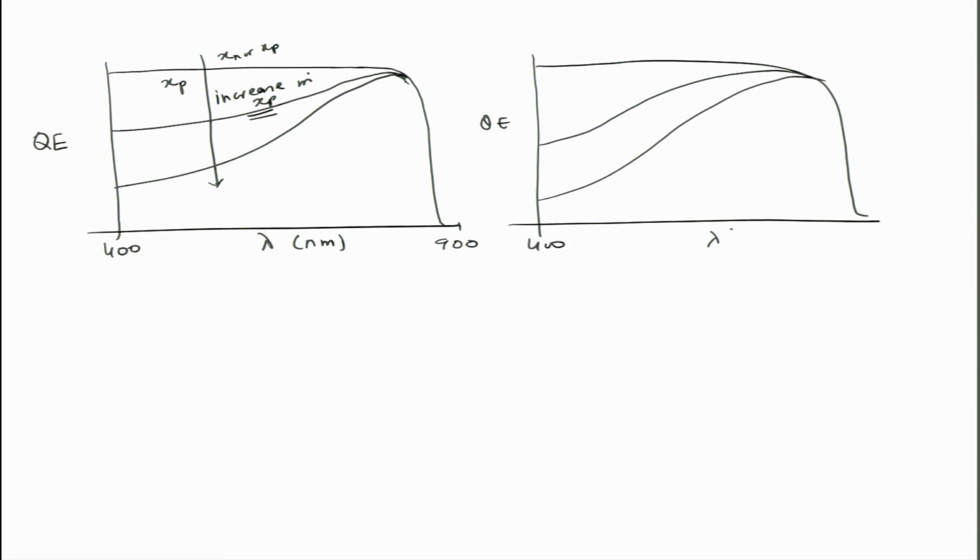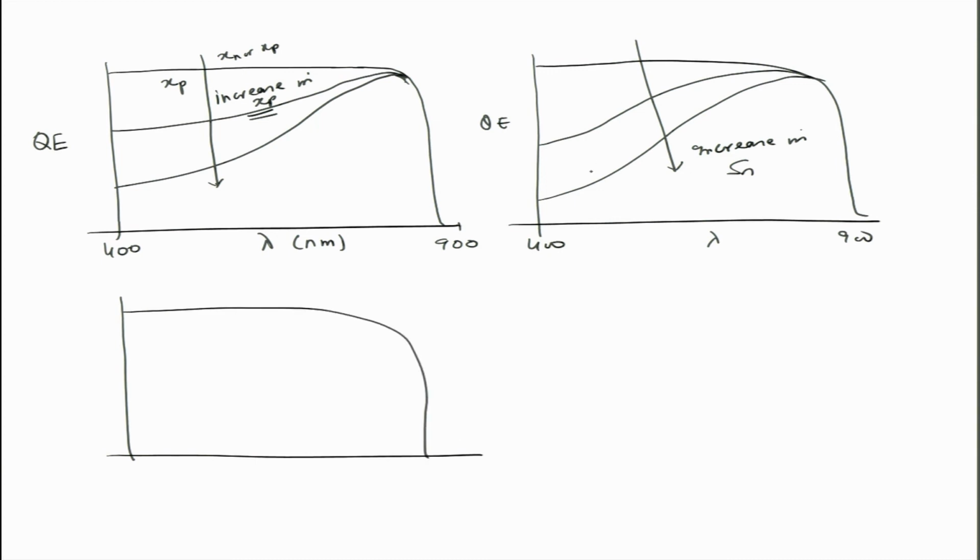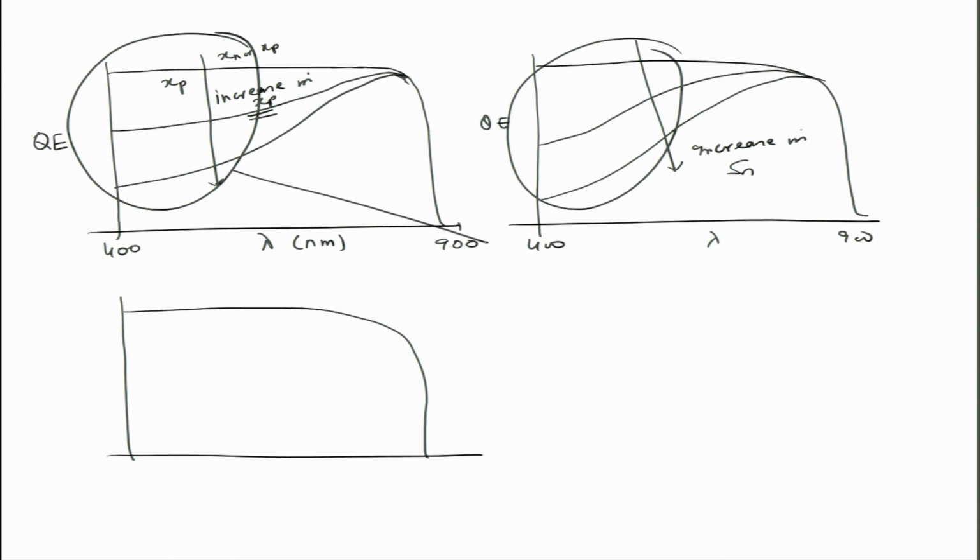So again, 400 to 900, let us say. This is the increase in, for example, Sn, for a certain semiconductor device. And likewise, if this is for Sn, you can also have the effect for Sp, for the other. In this case this is the top layer, because you can see that most of the decrease is happening in the top layer. This is also in the top layer. So these are both related to the top layer. It can also happen in the bottom layer like this.